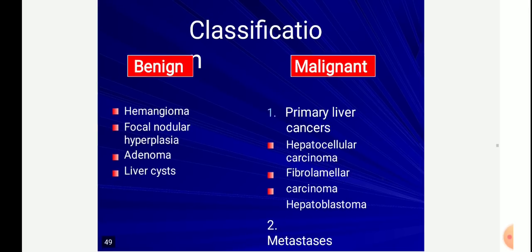So primary liver cancer. Living in this part of the state, we should be very aware of liver cancer. Hepatocellular carcinoma is very common in this part. Why? It could be so many factors. One important contributing factor could be excessive groundnut consumption. What happens due to that? Improperly cleaned groundnuts could lead to secondary fungal infection of these groundnuts. The toxic substances released by this fungus, the aflatoxins, can cause hepatocellular carcinomas.